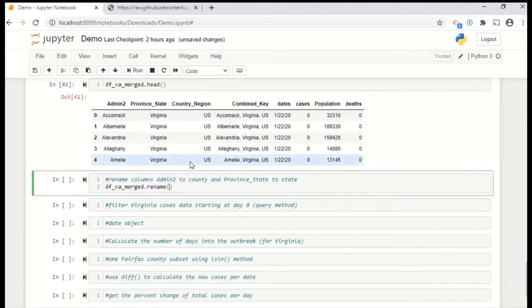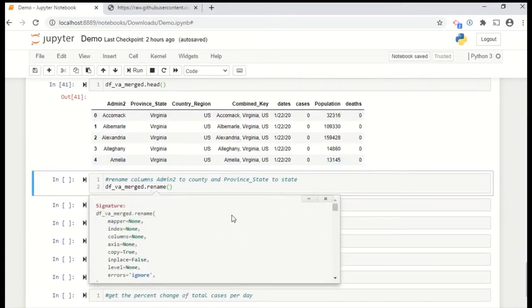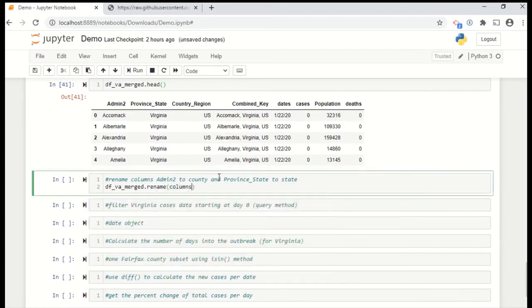And the way that this works inside this function, we have a bunch of parameters. So the mapper is going to be the dictionary-like format that I'm going to put in as the first argument. And then I will use the in-place parameter to make sure that the change is permanent within this data frame. So for the mapper, let me go ahead and take care of that now. It's kind of a combination of columns and mapper, where I'm going to indicate the columns parameter,